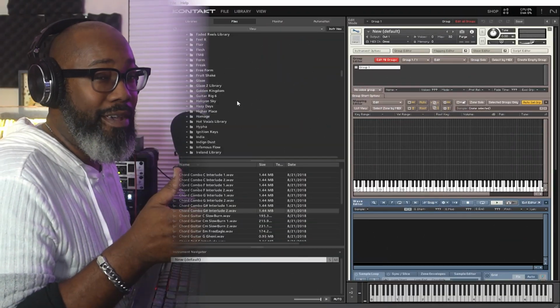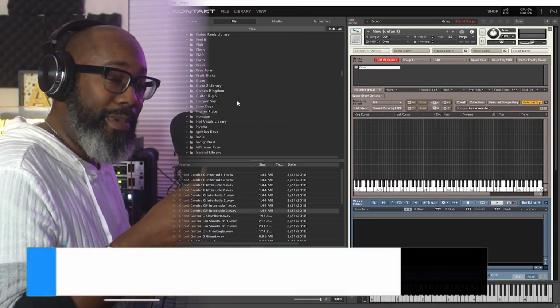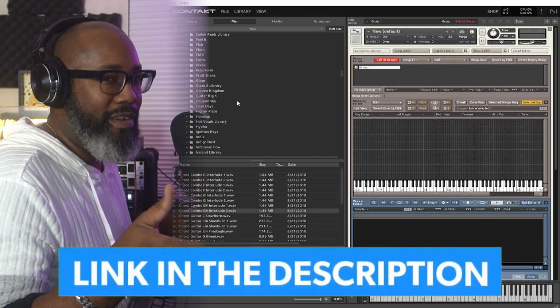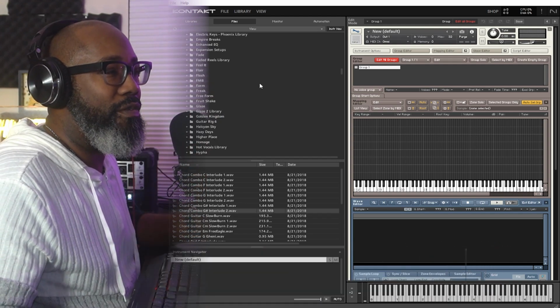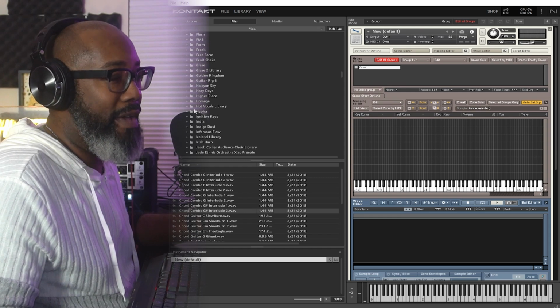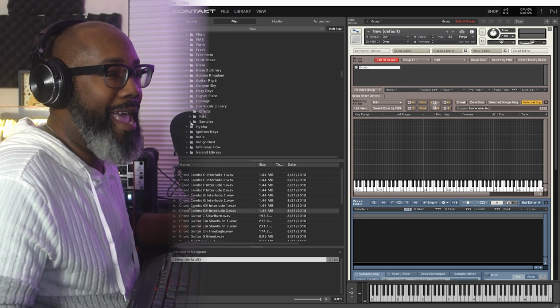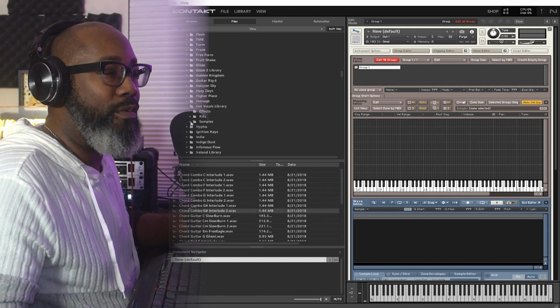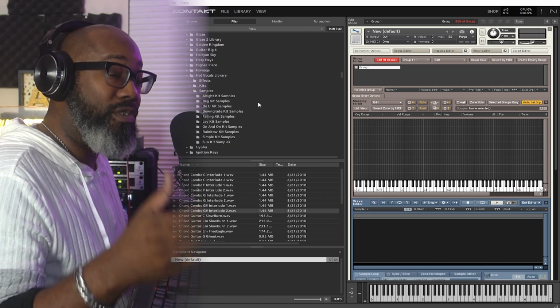So I did notice that inside of Leap, the new expansions, it only allows you to play the sample, right? Just on one key. I want to be able to play it in a range. So in order for us to do that, I'm going to go inside of, let's say, a Leap expansion, and then actually stretch out those sounds, right? So for me to do that, I'm going to go and find one of my favorites, which is the actual Hot Vocal library. And you want to click inside of the samples folder.